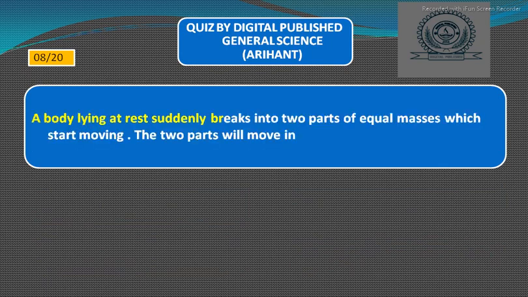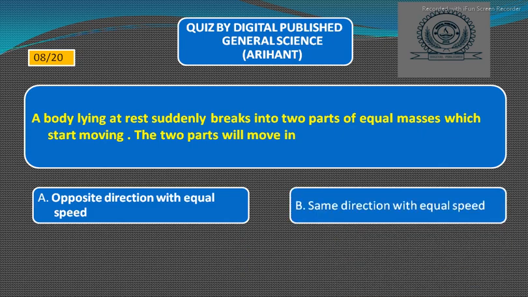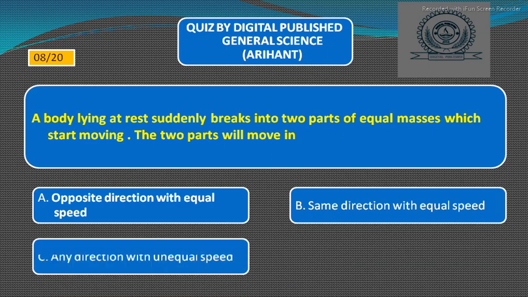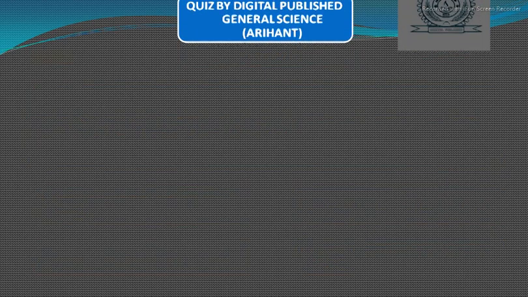A body lying at rest suddenly breaks into two parts of equal masses which start moving. The two parts will move in: option A, opposite direction with equal speed; option B, same direction with equal speed; option C, any direction with unequal speed; option D, opposite direction with unequal speed. তো রাইট আনসার হবে অপশন A, opposite direction with equal speed. Next,